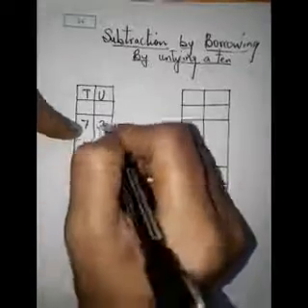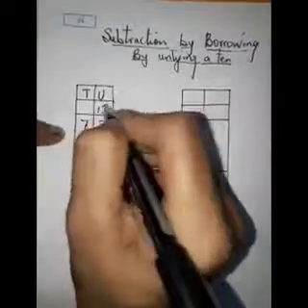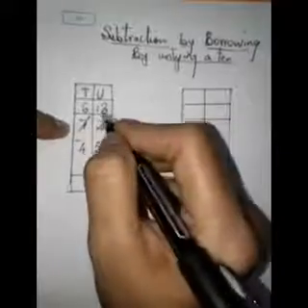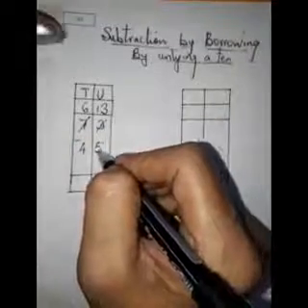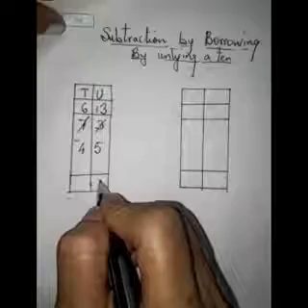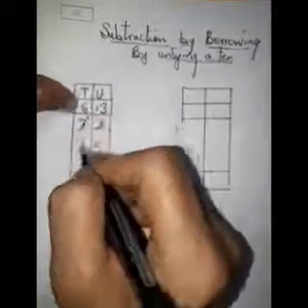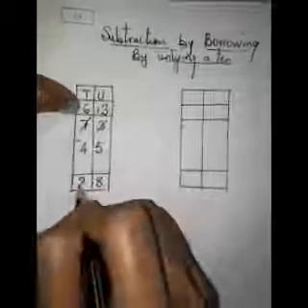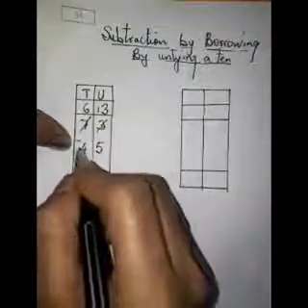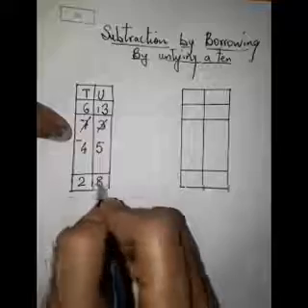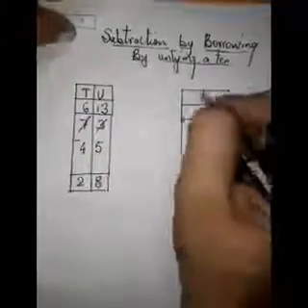That becomes 13. And this will be 6. So 13 minus 5 gives us 8. And 6 minus 4 will be 2. So 73 minus 45 will be 28. Next sum,